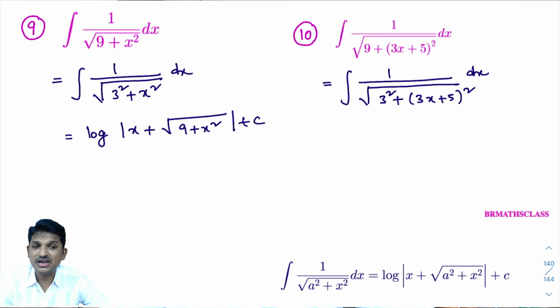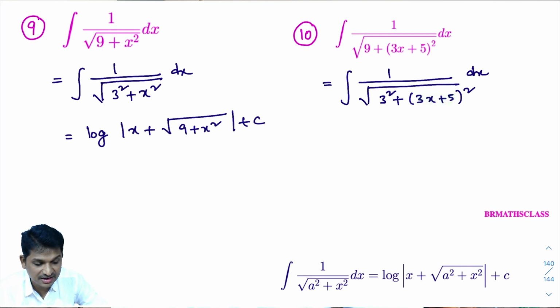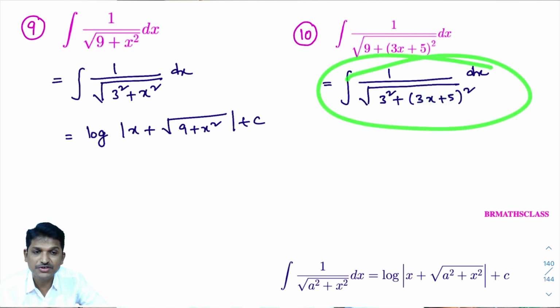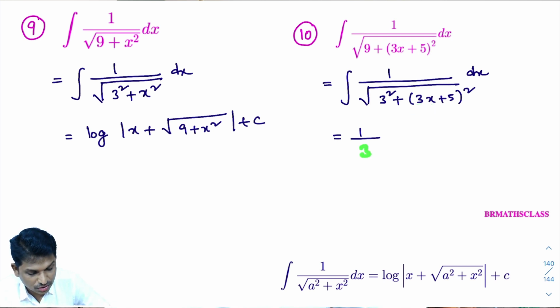From the beginning of this class, we are trying to do the same type of problems. In this formula, in place of x, if ax plus b is present, then how to write its answer directly? This answer starts with 1 by x coefficient. What is the x coefficient? The x coefficient is 3. Write it. That equals 1 divided by x coefficient. Look here, this one, the x coefficient is 3. 1 divided by x coefficient, that is 3 into, what is this formula? Log mod x.